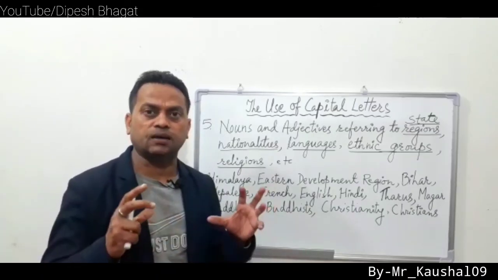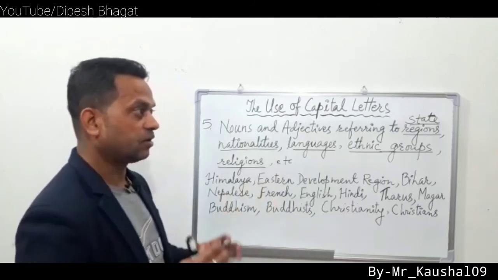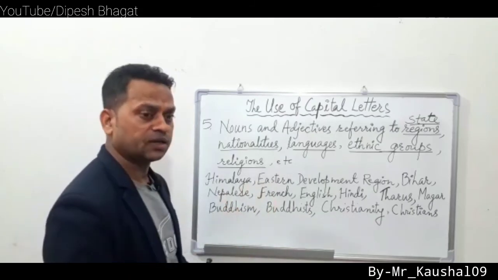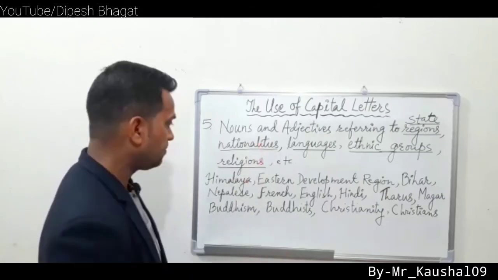Dravidian, Aryan, Mongolian, 3 races of people are there. Similarly,